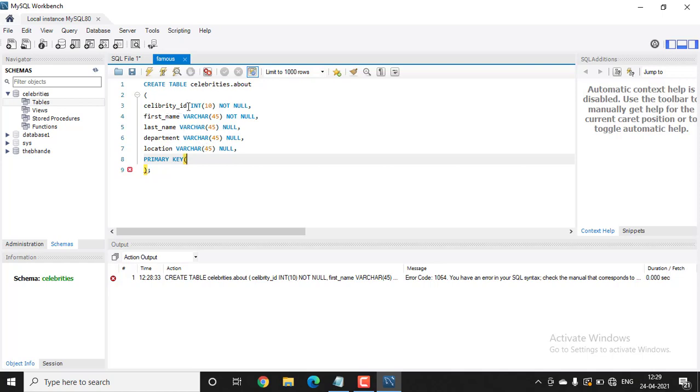I want celebrity ID as primary key since this is the identification. Celebrity ID, and close the bracket, and now we have successfully created a code without errors. Let's try to run this code.